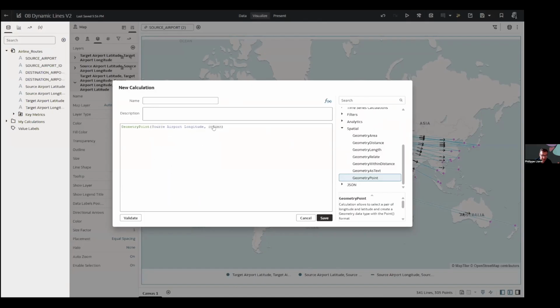So if you grab data with simply lat and long detail, OAC is now capable of converting this into a geometry type, which then can be used to calculate distance. So a simple plain data set can now serve for spatial calculation in a very simple way for authors. So there is more coming with geometry.